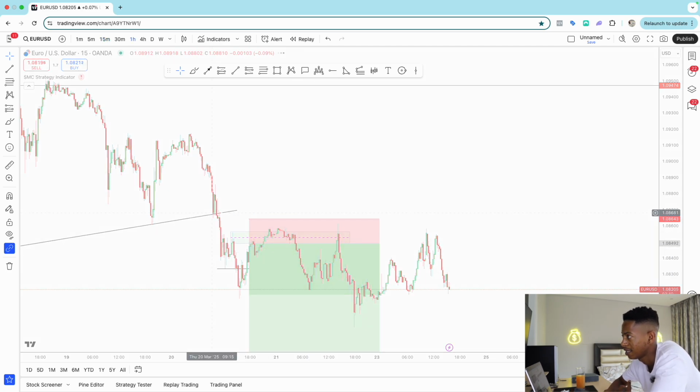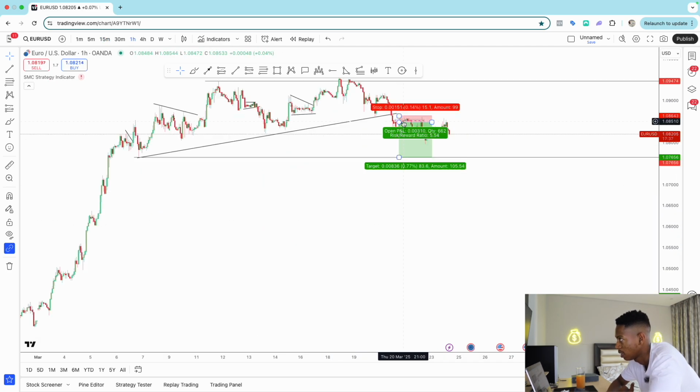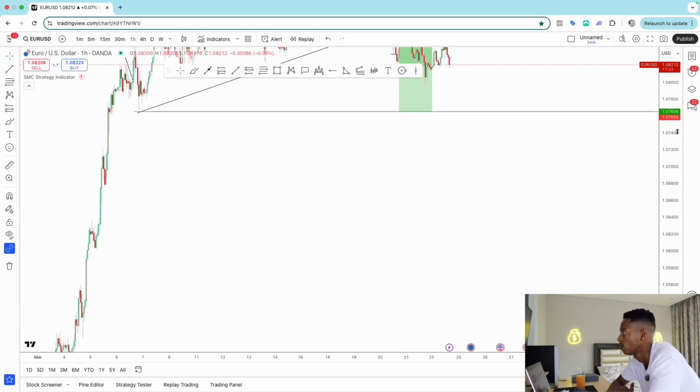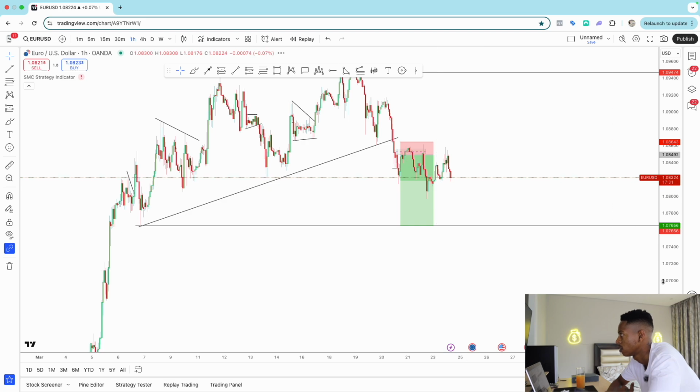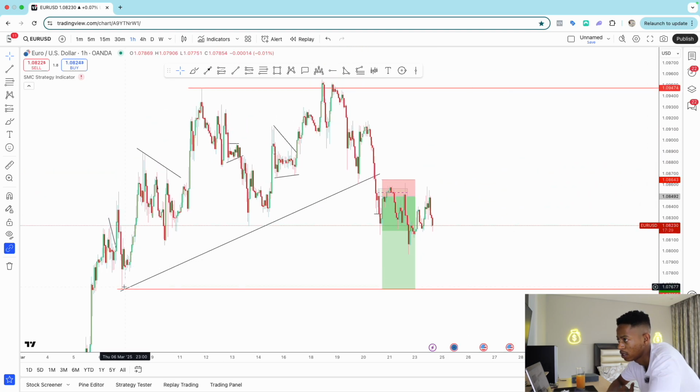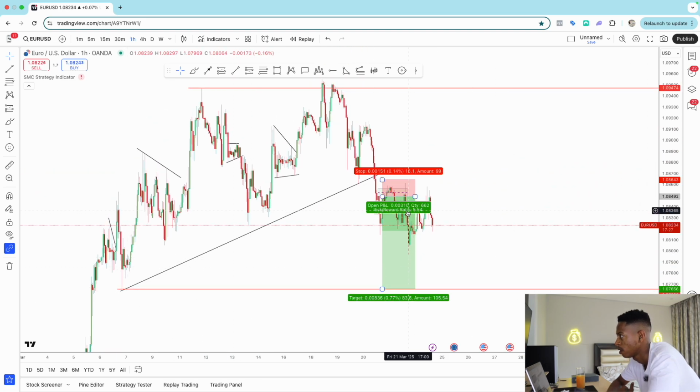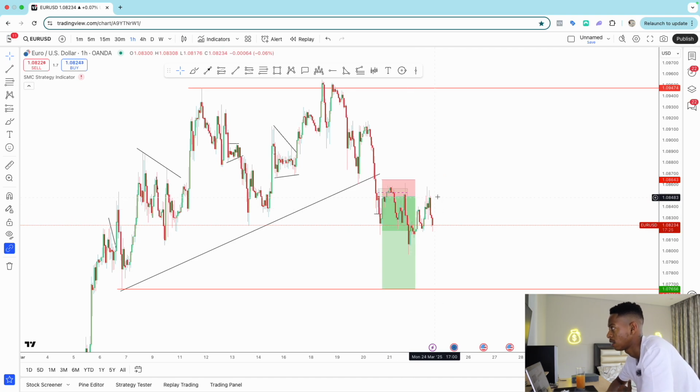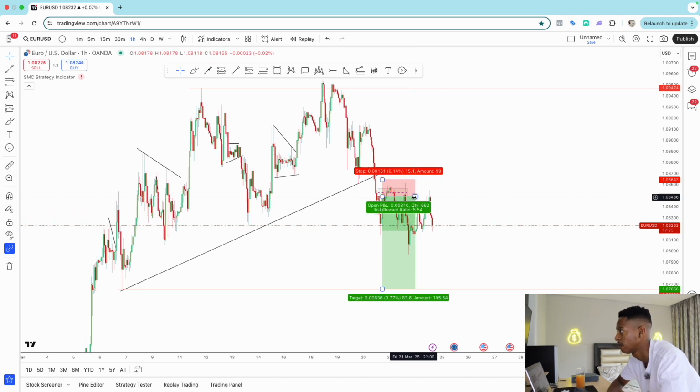And yes, I can see price did exactly that. It went to the area, gave that entry, and then it went all the way downwards. So what I'm seeing now is we still didn't hit take profit, which is supposed to be here. So with this, my understanding is that I'm just going to refine this,